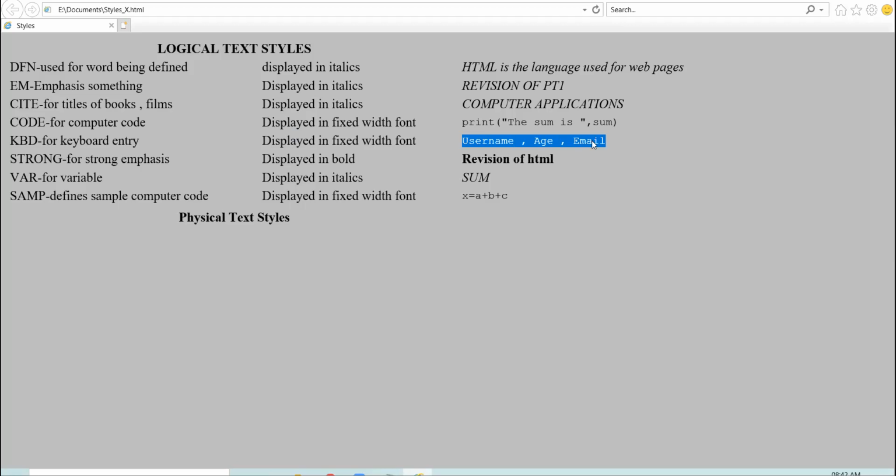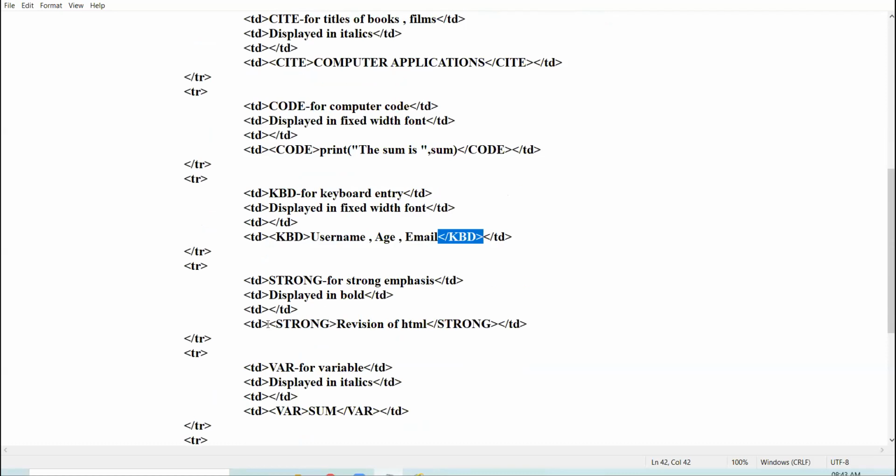Then the strong tag. Beta, the strong tag is very similar to the bold tag. When you strongly want to emphasize or focus on something, then we use the strong tag. Whatever you enclose within the opening and closing strong tag will appear in bold form.